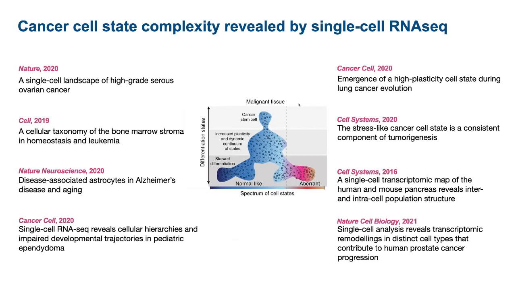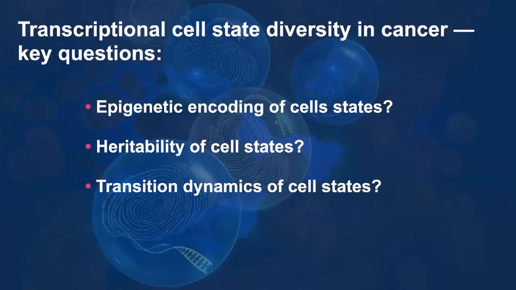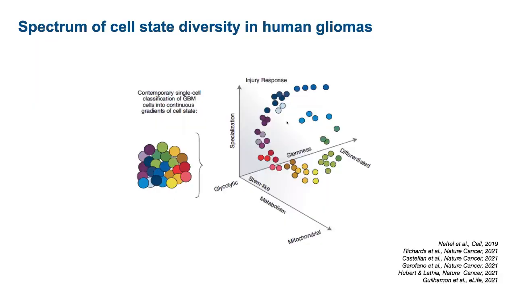of genetic clonal diversity. And so this prompts key fundamental question in cancer biology. How are these transcriptional cell states encoded epigenetically? Are they heritable? And can we learn something about the transition dynamic of this cellular state? Human glioma serve as an instructive model to start addressing this question, as cellular state diversity is an important disease hallmark with malignant cell recapitulating trajectory of neural development.